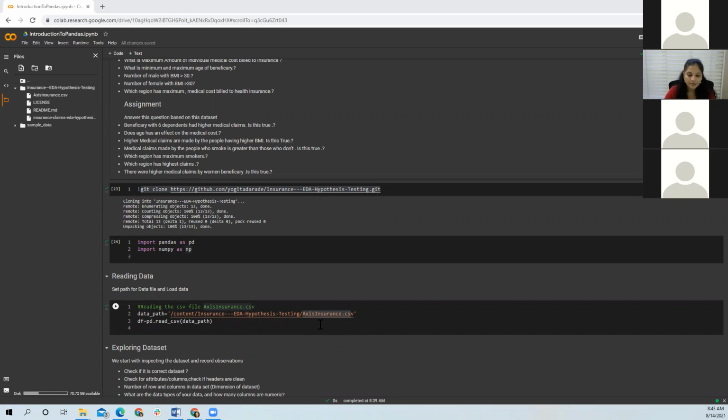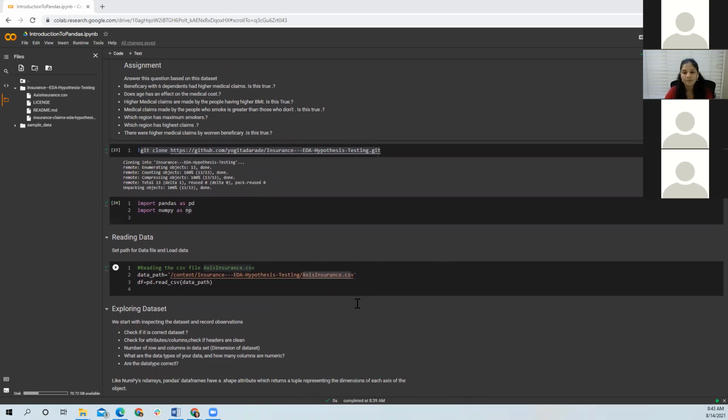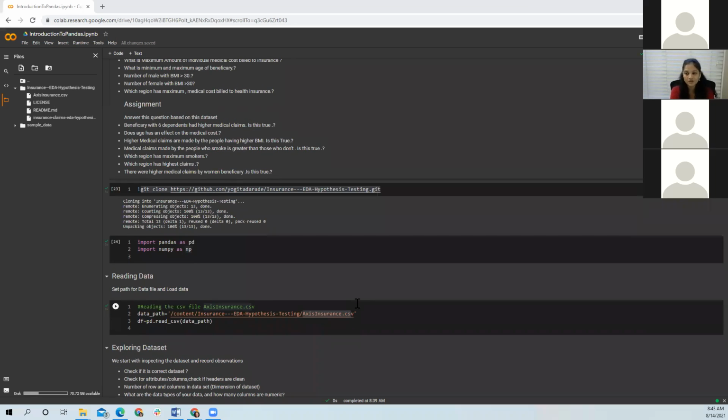The main difference between NumPy and pandas is that in pandas you can have different columns with different data types, while in NumPy all the columns would have the same data type, usually a number. So NumPy is basically used for mathematical computation. Does that clear your doubt?